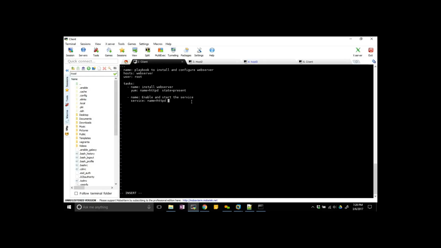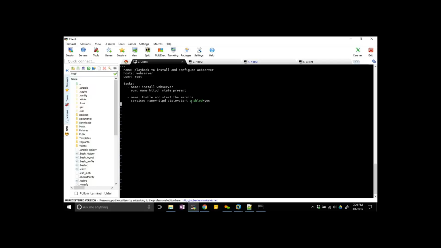So for web servers, you should be very familiar with the OS, because if you know the OS, you can start working on it. I know that the web server's package name is httpd and its service name is httpd. That's the reason I was able to use those service and package names. You should be very familiar with the OS, then only can you use those servers or services configuration files and do the automation here. And what is the state you want to make it? Start. And do you want to enable the service? Enabled is equal to yes.